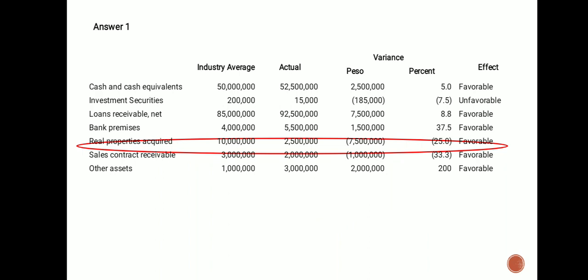So meaning to say, gamay ra ang mga borrowers ni Countrywide Bank ang wala kabayad sa ilahang mga obligation. So kay gamay ra man ang ROPA niya, na i-decrease ang ROPA ni Countrywide Bank. So ang iyang decrease is again favorable since it is an indication nga gamay ra ang mga kliyente ni Countrywide Bank ang wala kabayad sa ilahang mga utang. Then we're going to proceed to sales contract receivable.